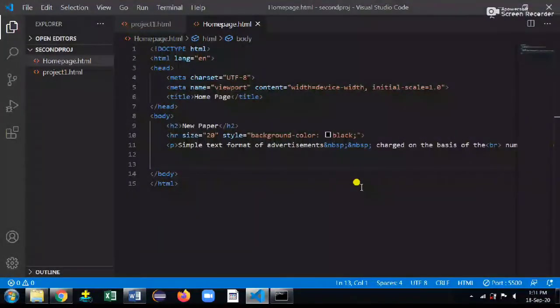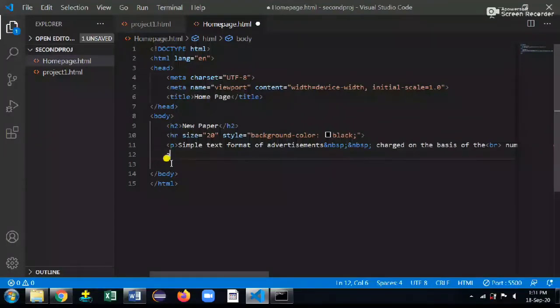Today we will see HTML link. So I'll continue with this same program. A tag is used for HTML link. If we want to open the link in the same web page, then we have to provide the value as underscore self for target attribute. How to do that? I'll show you.